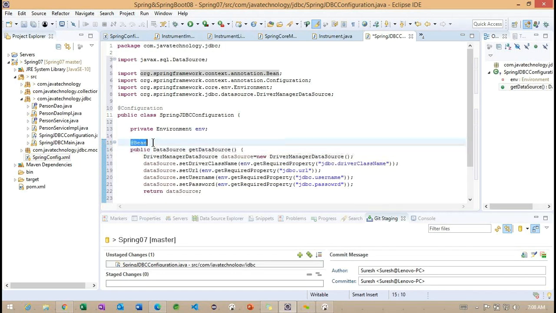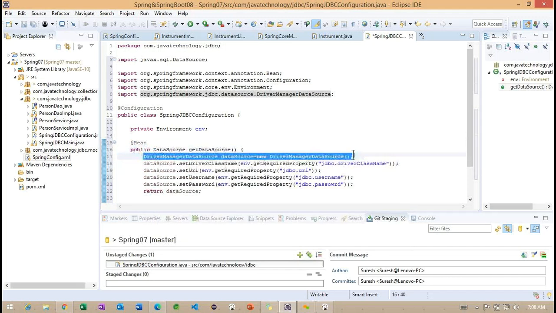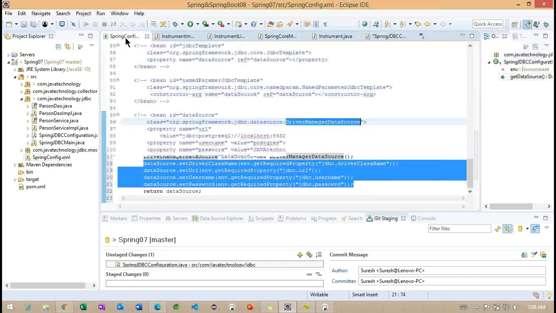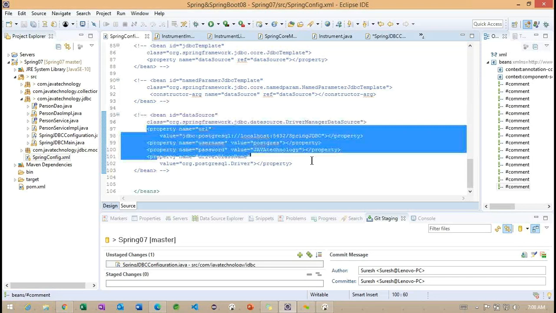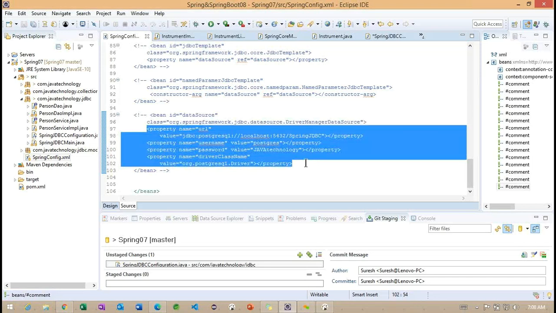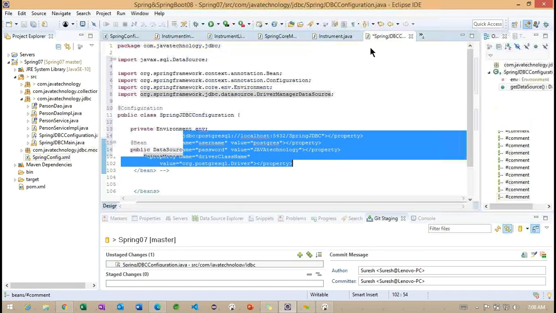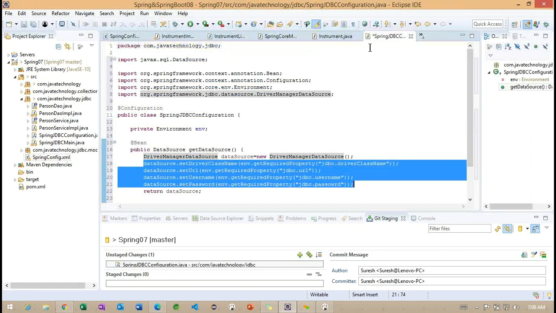And this is the bean implementation class. So these are the properties. You can think like how we specified in the last class. So bean ID dataSource, and it is the implementation, and these are the properties. Getting the point?